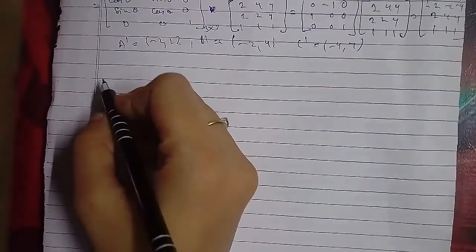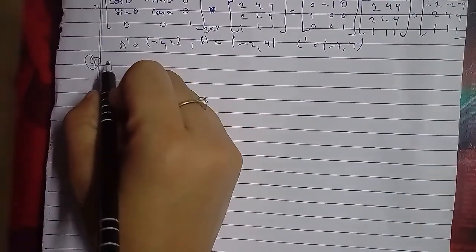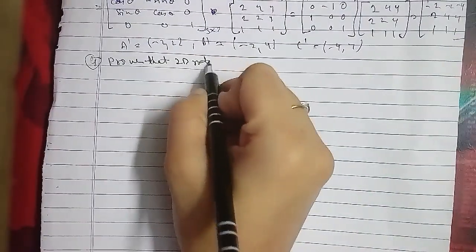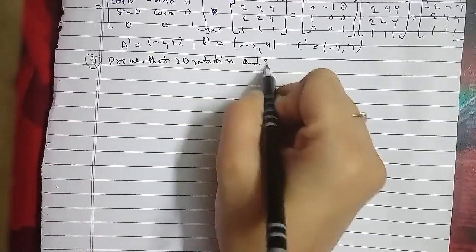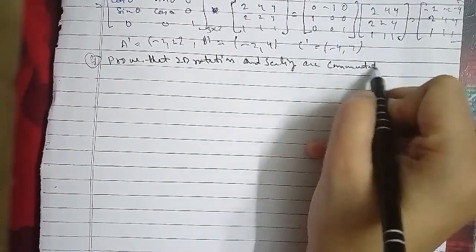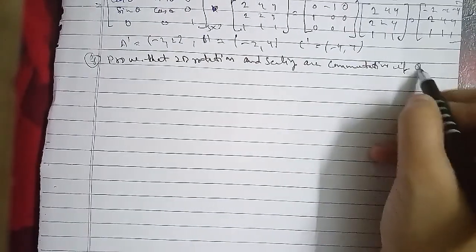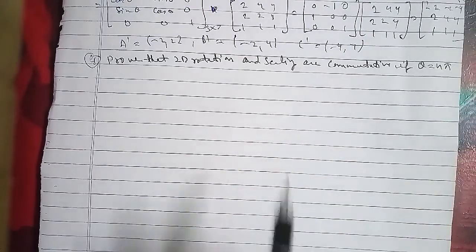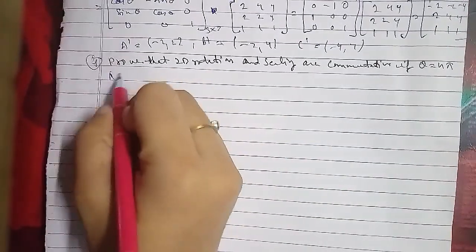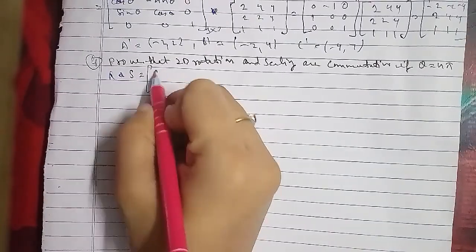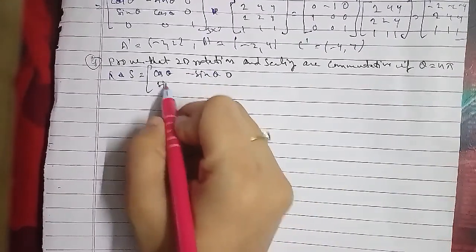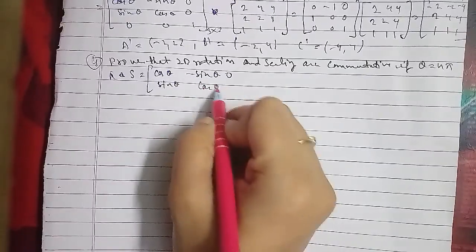So here we'll discuss another question, which is: prove that 2D rotation and scaling are commutative if theta equals n phi. The required matrices for rotation and scaling: R times S equals cos theta, minus sin theta, 0, sin theta, cos theta, 0, 0, 0, 1,